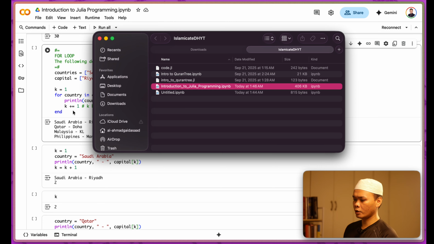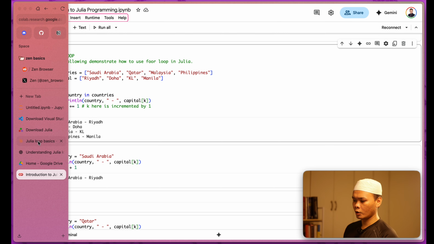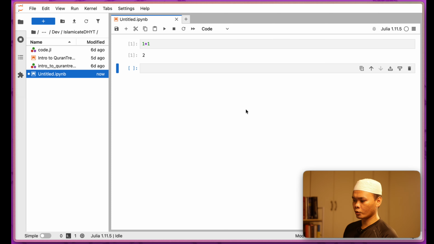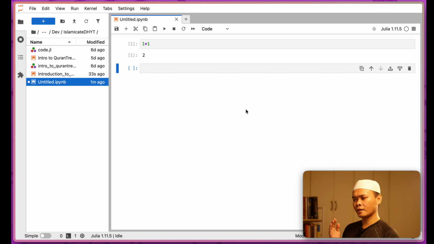So it's already here. So if I say JupyterLab or Jupyter Notebook, they're more or less the same. JupyterLab is actually the latest generation of Jupyter Notebook. So it's actually an improved version of Jupyter Notebook. So this is how it looks like. So we've already pasted it here, and as you can see,